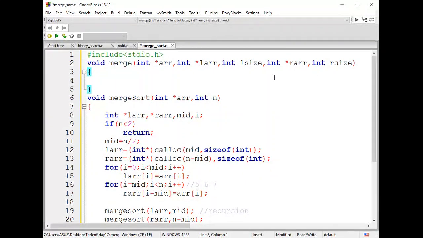Now for my iteration, I'll declare overall 3 pointers. One is I, another is J, another is K. Right now I'm not going to write logic here, guys. We'll go to Excel and write the logic, which will be easy for you people to understand. Then we can paste the code as such here. If I'm just writing here, you'll be in imagination mode. I don't want that to happen. I'll write the logic directly in Excel itself. Give me a second, I'll go back there. I'll share the screen.